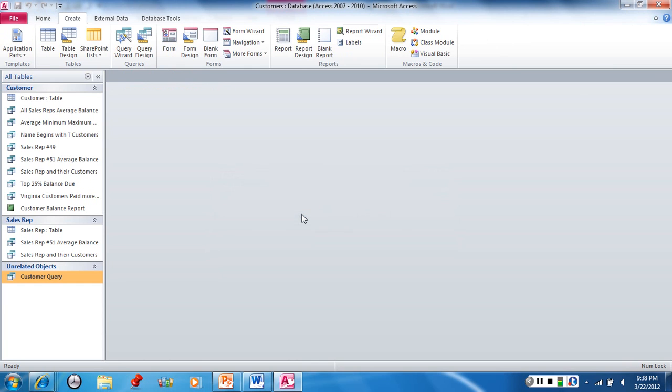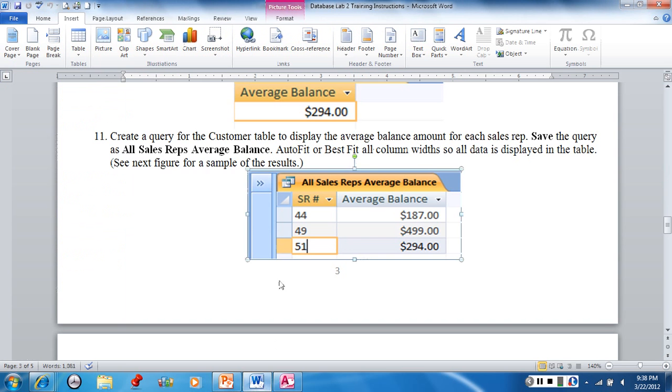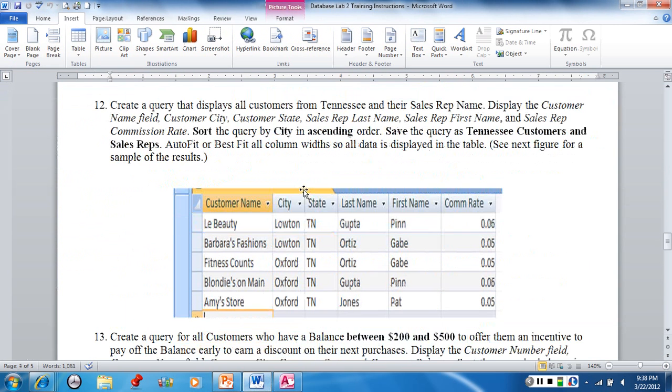If it asks you to save it, say yes. And we'll go to the next query. We're going to create a query that displays all customers from Tennessee and their sales rep. So this is like